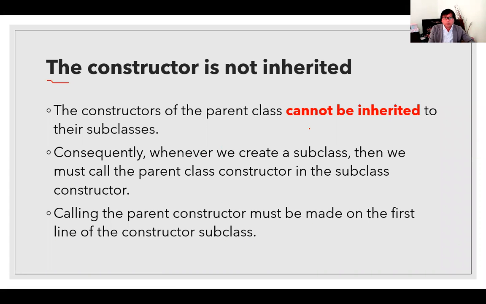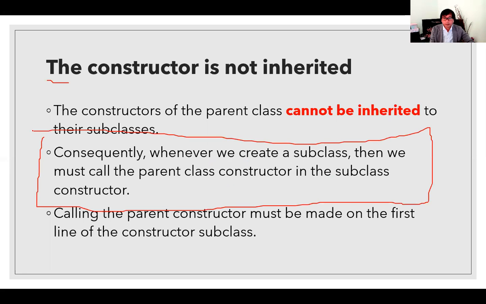The constructor of a parent class cannot be inherited into its subclasses. Consequently, whenever we create a subclass, we must call the parent class constructor inside the subclass constructor. This is the basic rule when you are inheriting a class from another class. So it is necessary for you to call the parent constructor inside the child constructor,